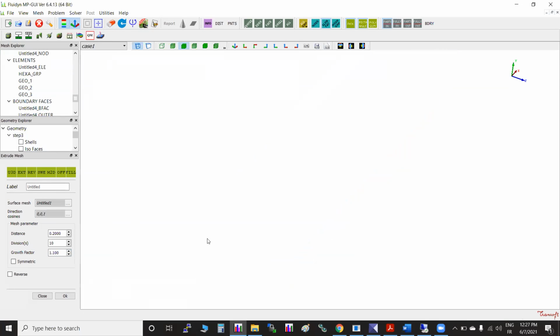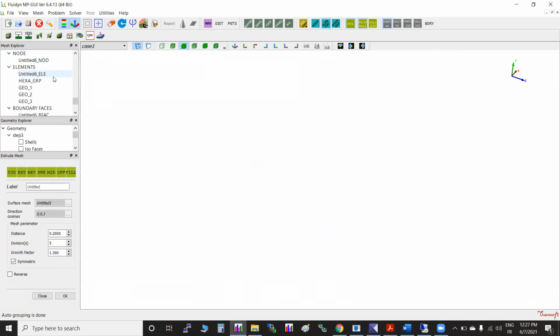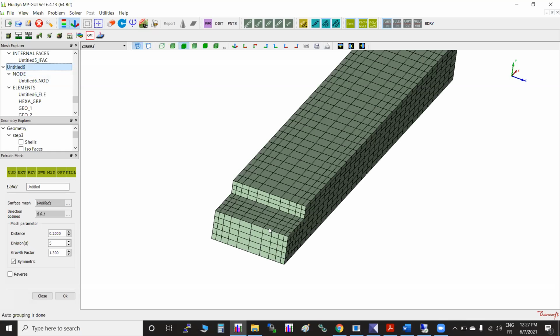If you want symmetrically distributed, that option is here. I'll give 5 here. Maybe some more to visualize it properly. So you have a choice to create the mesh.